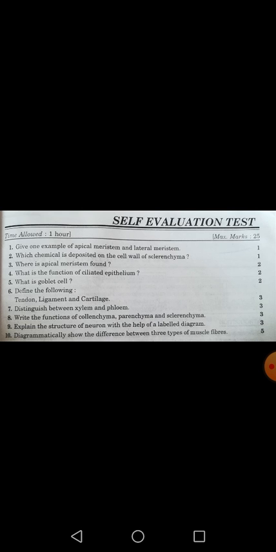Now there is one more question for 2 marks. Question number 5. What is goblet cell? Students, goblet cell is a kind of glandular epithelial tissue. One more specific feature: these glandular epithelial tissues are unicellular, meaning a single cell folds and forms gland-like structures, and it is basically present in our alimentary canal and helps in the secretion of various things inside our alimentary canal.